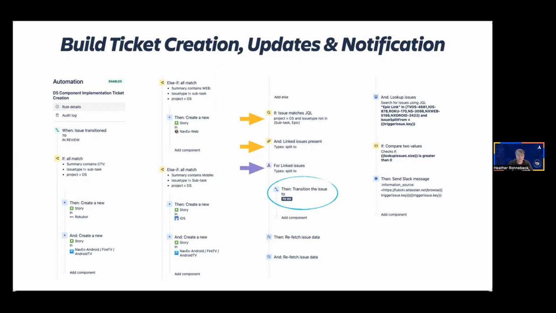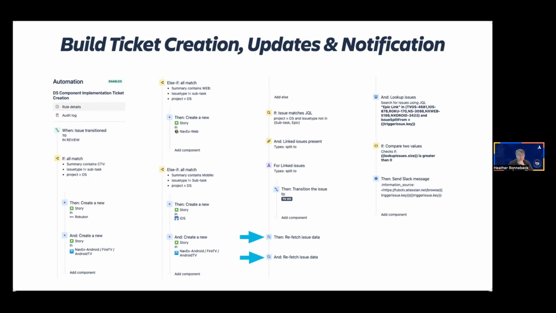Now that we've got them all linked and updated to the correct status, we can move on to the last phase of the automation, which is all of our communications. In this phase, we kicked things off by buying Jira some time to actually catch up with what we've done so far, using the refetch issue data step. I did this twice because Jira needed some additional time to process everything we had done, which is why it's great to use as a way to pause between different components within your automation.